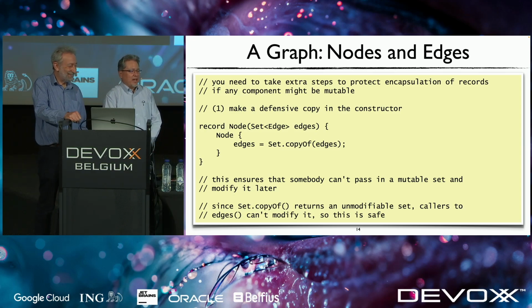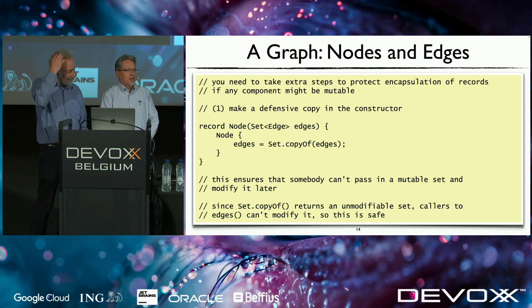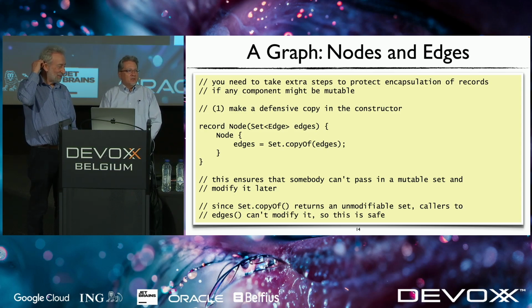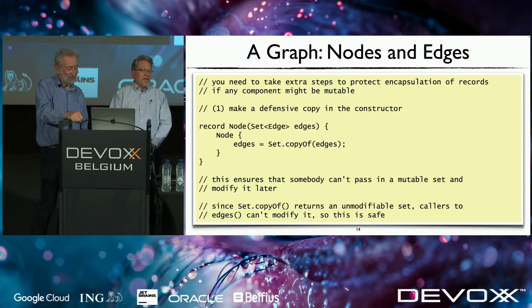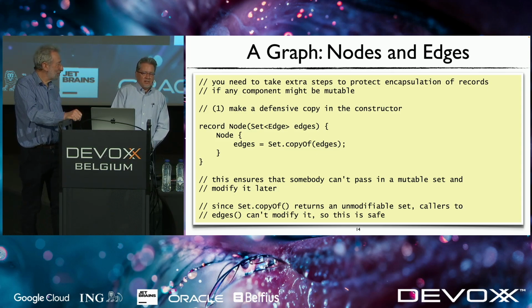And then, of course, we broke that immediately because we changed one of the component types to be a set, and a set can be mutable, and so now we've lost encapsulation. So what it means is that you have to perform some extra work in order to restore encapsulation. And so the first thing is, in your node record, you have to provide a constructor, and so this is